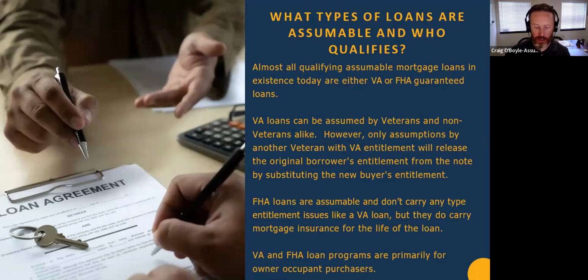If a buyer comes to you who's also a veteran and has a matching sufficient amount of entitlement, you can do a swap. That will release the seller's entitlement so they can fully use it on buying a new home. They're out of the loan completely and go on with their life.